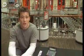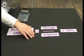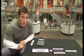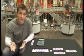If you get given an original price and a new price, you can calculate the percentage change by using this formula here. Percentage change equals change divided by the original multiplied by 100. Now, the key to using this formula correctly is remembering to use the original total, not the total that it's changed to, not the new total. So in this case,